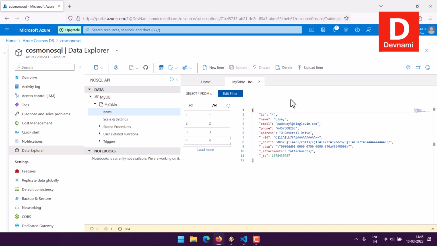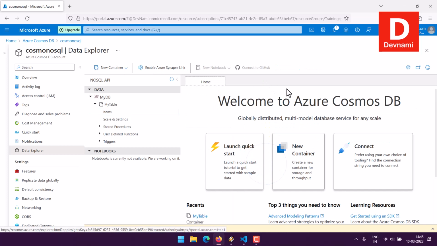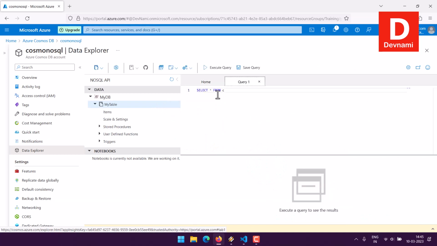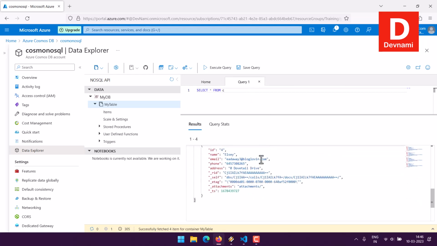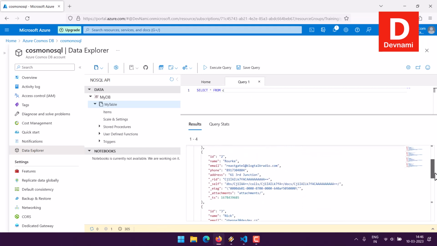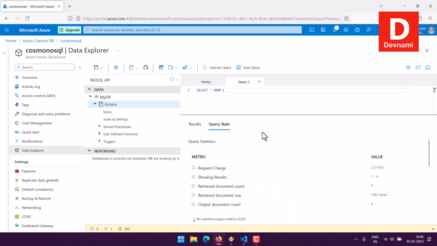Right, now we can also take a look at a few more options, right, like say new SQL query. So select all from C, execute query. Let's see what it comes with. And below you can see all the documents that we just uploaded will be available in our result set. Also get the query stats here to look at how many RUs you have used and total count of all of that. Right, so each month you have like limited RUs to run for free account, so do be mindful about